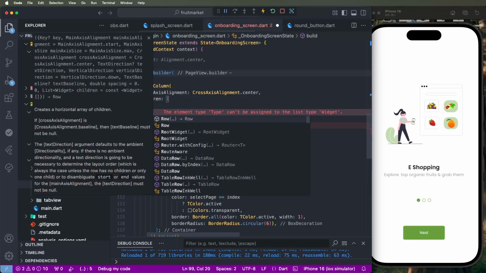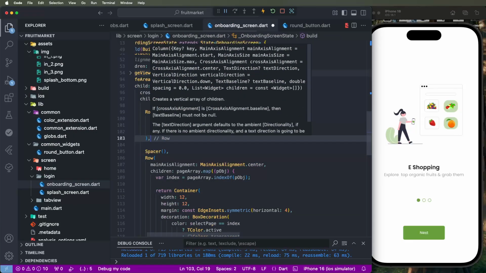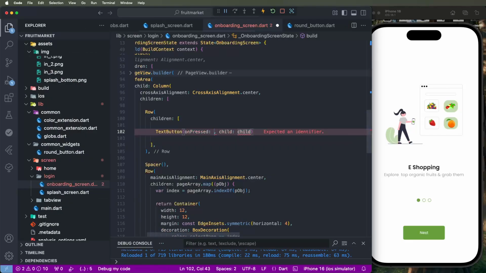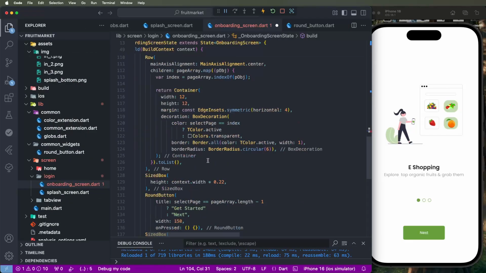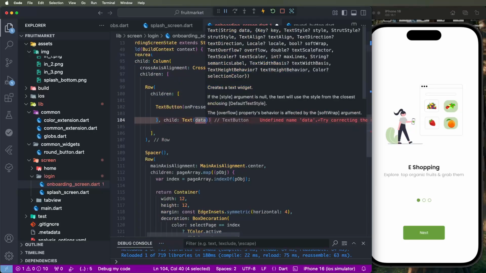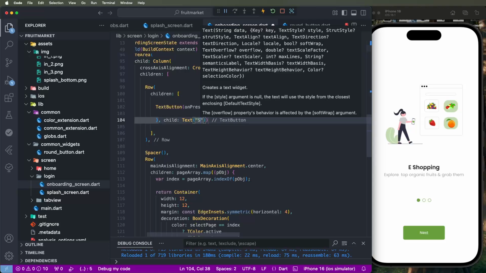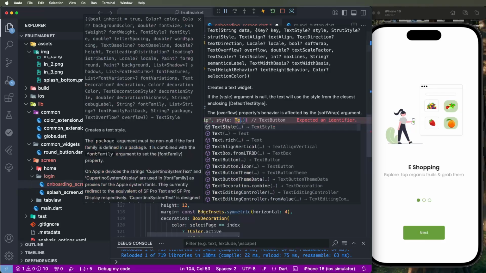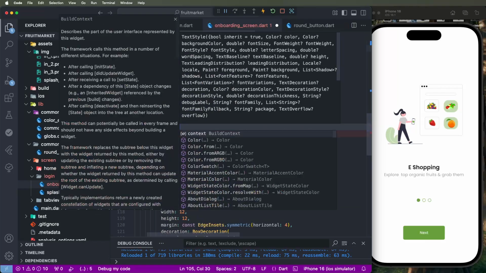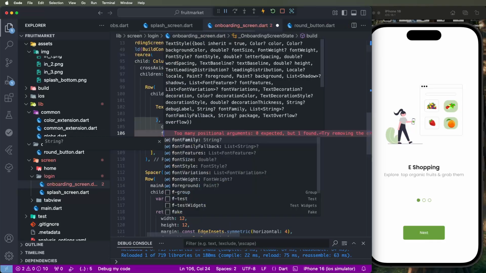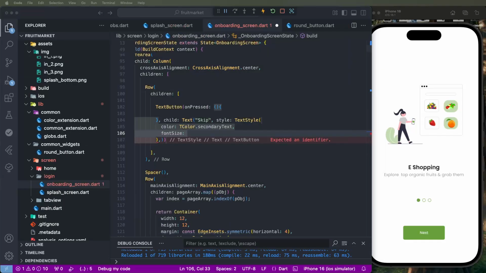Create here the row like here, and we need to create here the title buttons, text button. Set here the text. We need to copy any text here. Need to set here text. Give this here the button names as a skip. Set here the style, text styles. Set here color, key color, secondary text. Set here the font size. We need to check here for these buttons. Need to give this here the button regulars